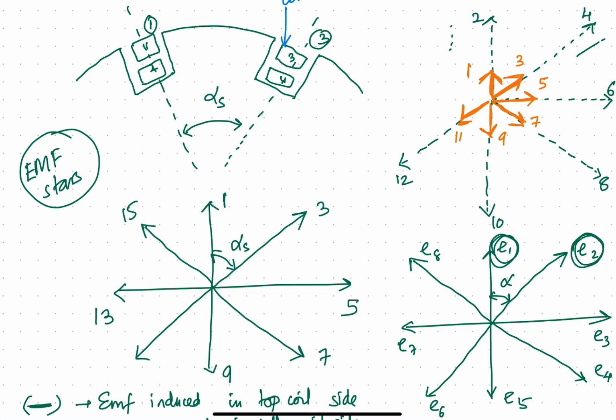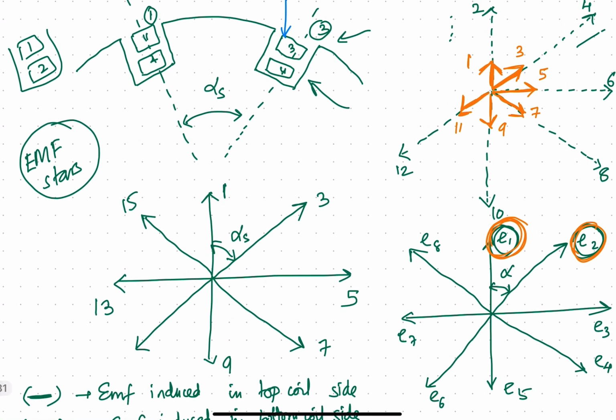We have the coil sides, 1 is here. If this is a slot, let me redo this. If this is coil side 1, if this is coil side 2, and this is 3 and this is 4. So this E1 is basically the EMF generated in the coil lying in slot number 1, and this E2 is the EMF induced in the coil lying in the slot number 2. Okay, so you don't have to confuse it with the numbering scheme here. So this E1 and E2 are different. Okay,